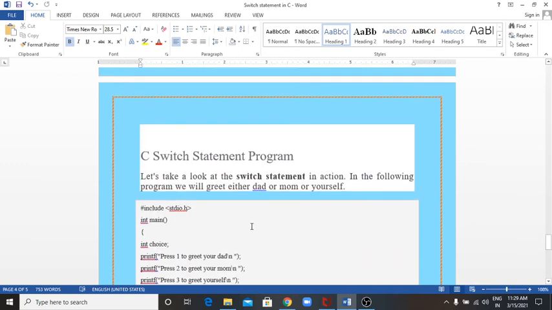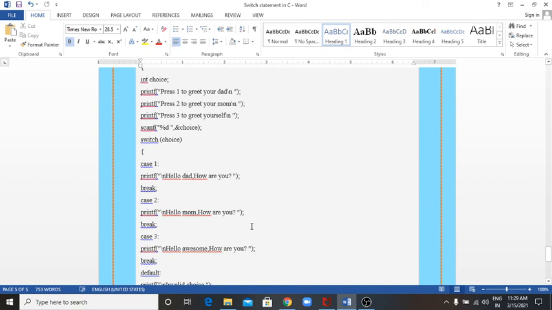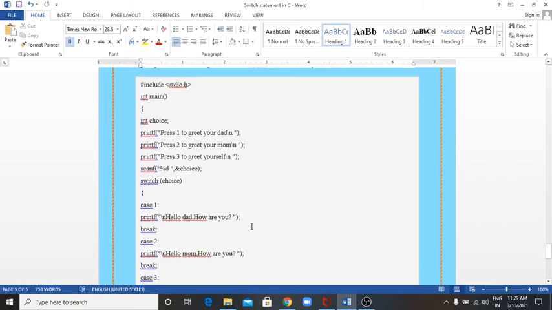Now see another program of the switch statement. Let's look at that program. Here in the main function I take a choice variable of integer type, and here is the menu. Printf press 1 to greet your dad, printf press 2 to greet your mom, and printf press 3 to greet yourself. Then scanf choice, and this choice is passed to the switch statement, opening curly brace.